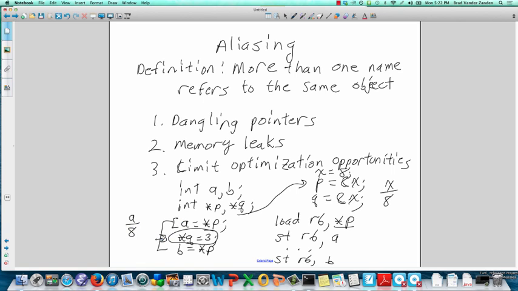But now when we execute the statement star Q equals 3, we're going to end up assigning the value 3 to X. And you can see that B should get the value 3. And this code that we just wrote here is now broken because of what happened with 3 being assigned to star Q. So aliasing creates some nasty problems for compilers, and for about 20 years from the start of their introduction in the early 80s in the C language to the early 2000s,